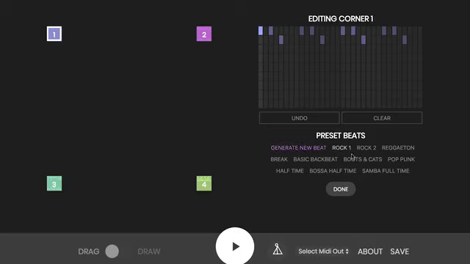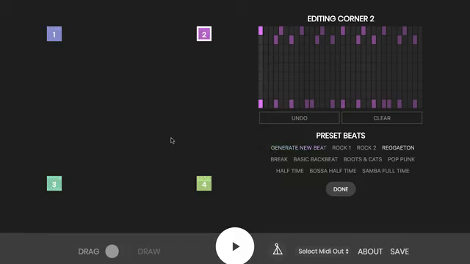There are a number of preset beats if you aren't feeling that creative, from rock to reggae to samba, etc. And what you should do is come up with the 4 different rhythms that you like. So first modify number 1, then click on number 2, modify that one, then modify 3 and 4 and so forth. And it's even cooler if you can pick rhythms that are very dissimilar from each other, because that will challenge the model to find the halfway point in between them. For each one, if you want to hear what you've played so far while editing, you can click the play button. And when you've finished editing the rhythm, you can repeat this for all 4.